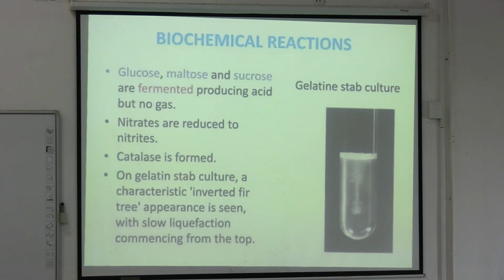Gelatin stab culture, a characteristic inverted fir tree. একটা ফার ট্রি যেমন হয়, এইটা পয়েন্টেড, এখান থেকে ছড়ানো, ডিউ টু প্রেজেন্স অফ এয়ার আর অক্সিজেন।